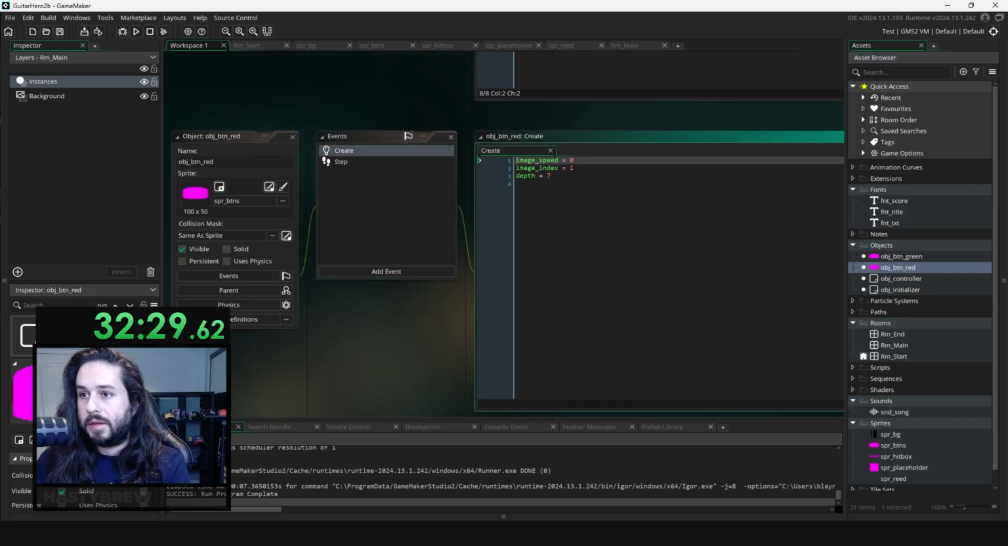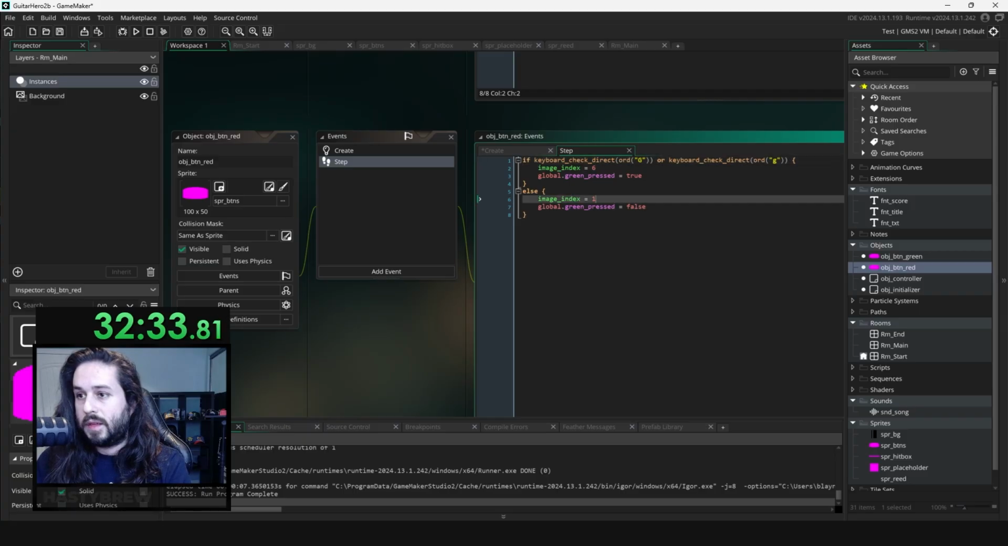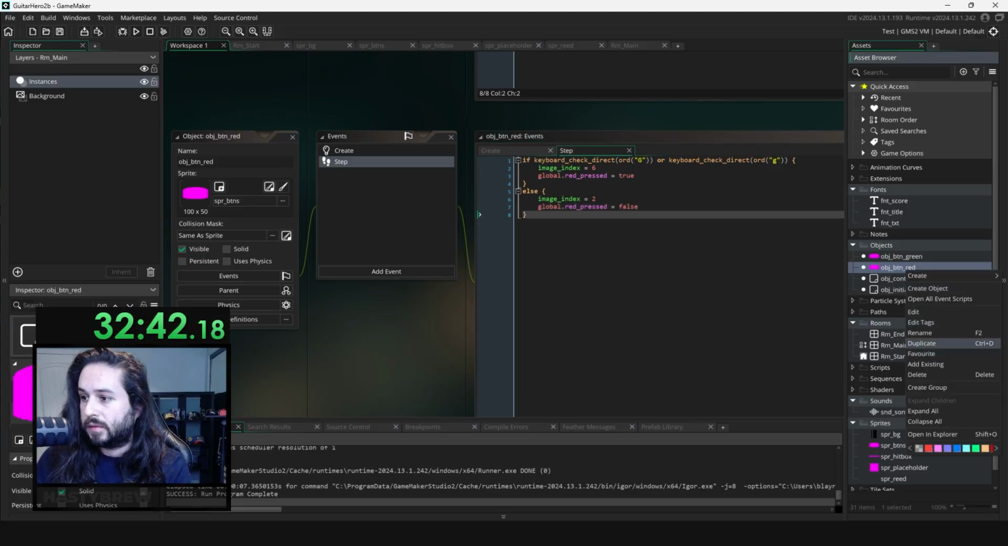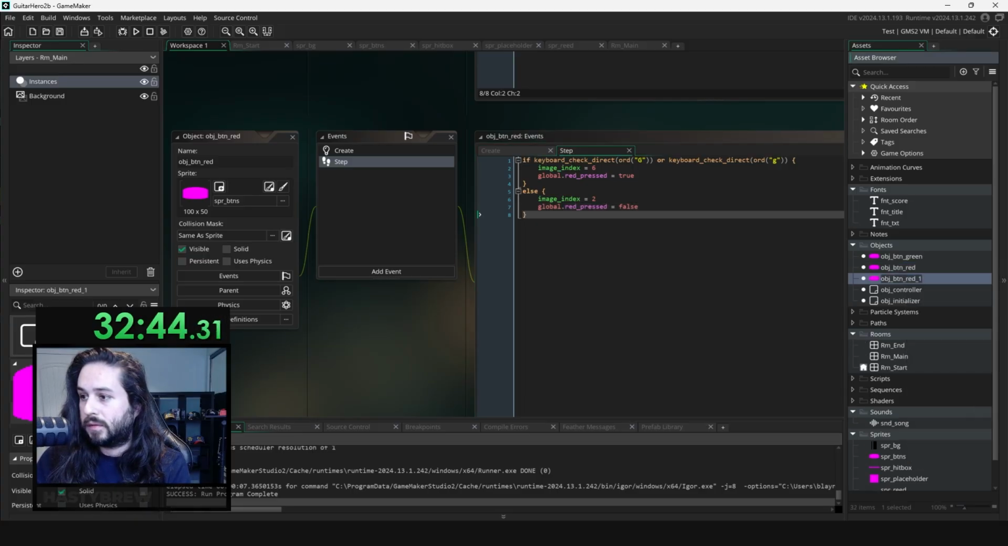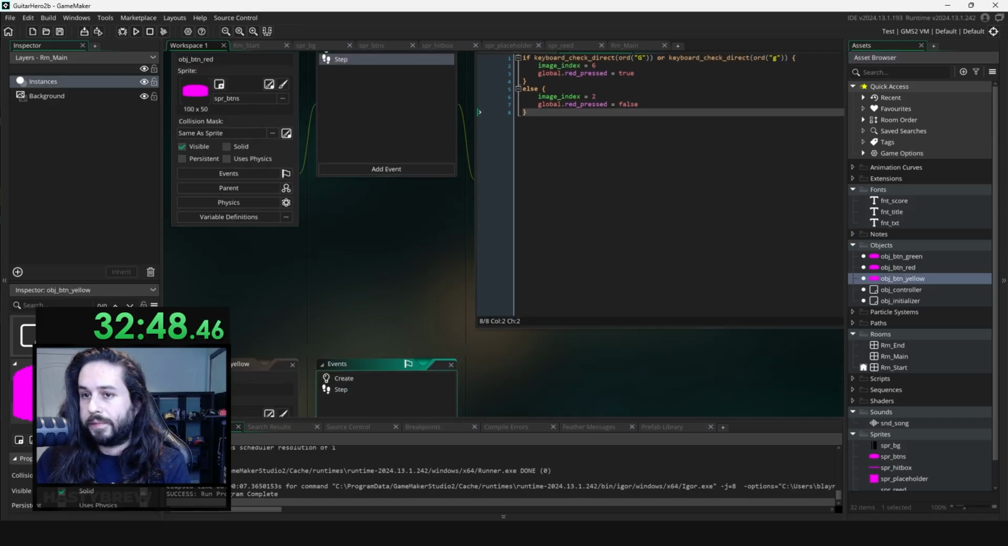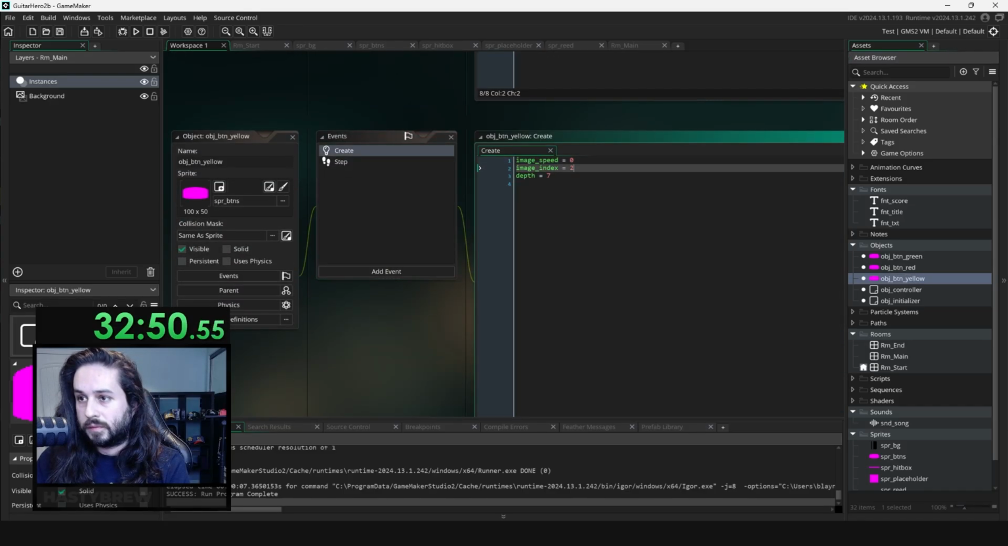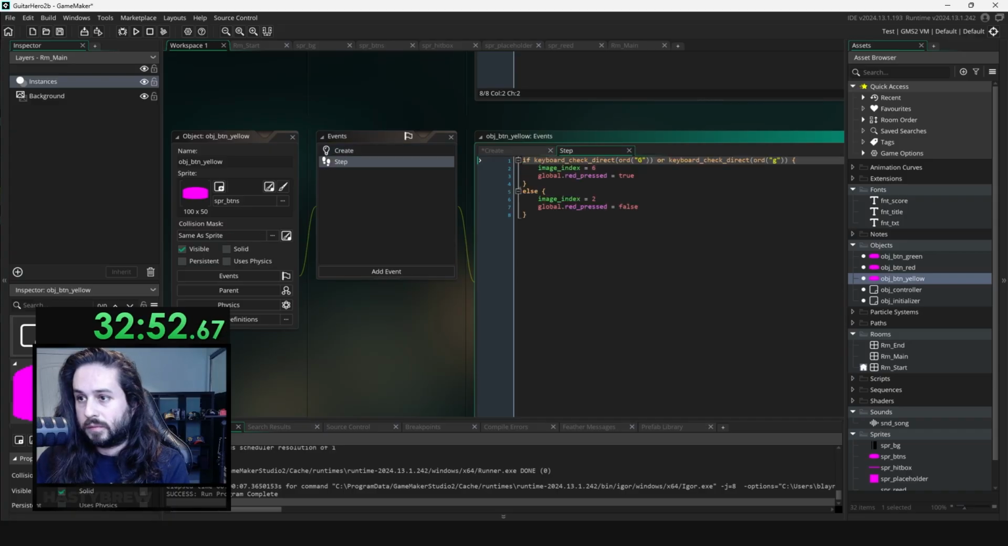So red becomes image index 2. Image index 2, red pressed, yellow is 3, yellow pressed,